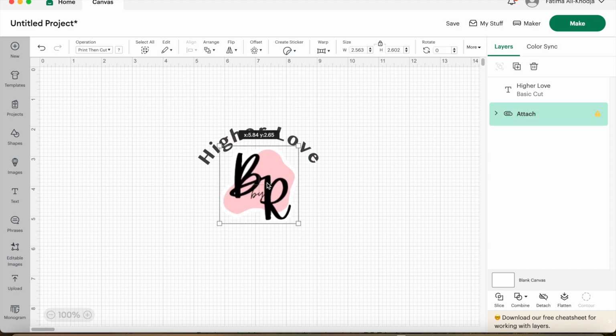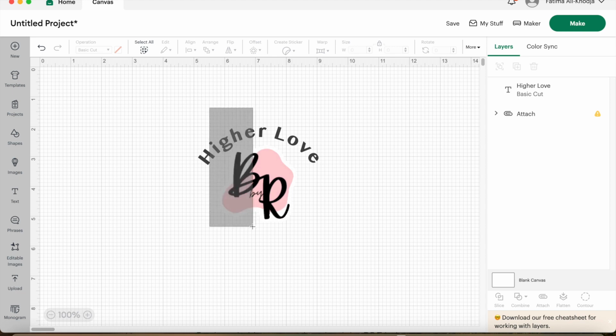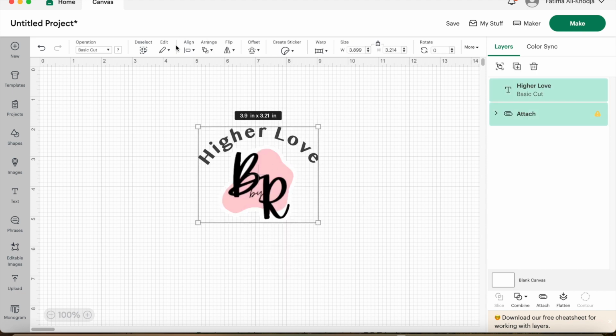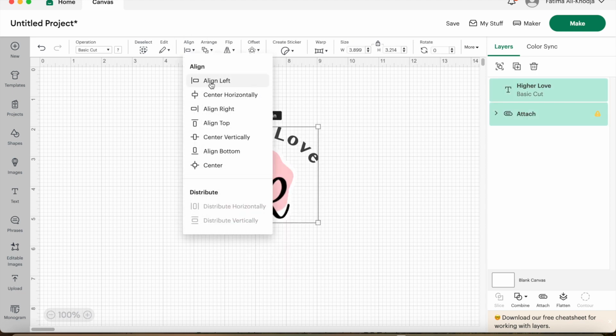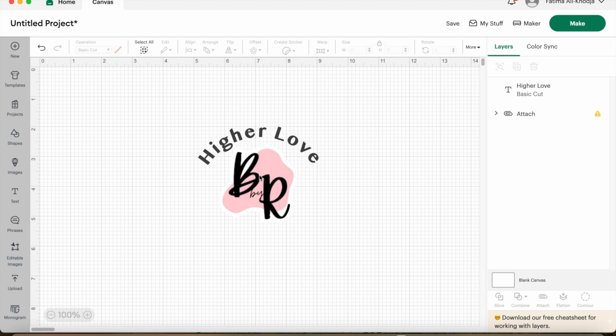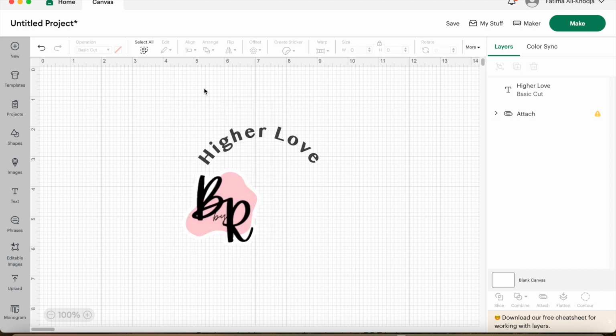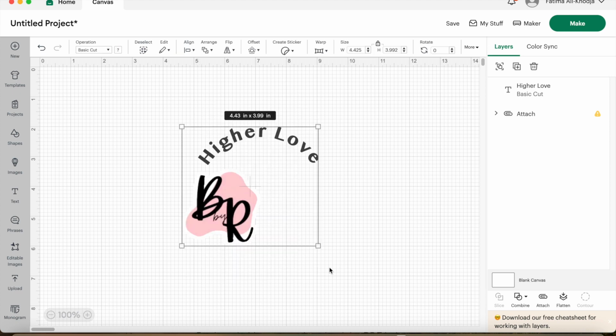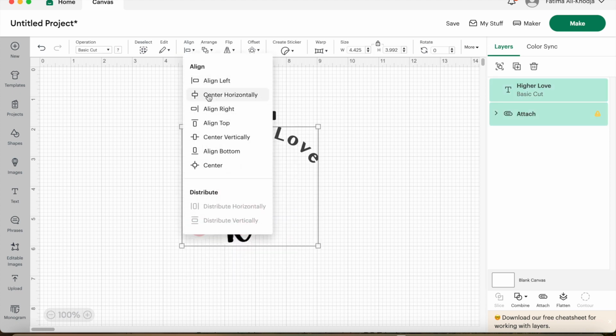I can just snap it. So I select all, go up here to align, and then you can see we're going to align it horizontally. Boom. It was a small snap, but it did center align it. I'll show you in a more dramatic way. So if I select all, center, boom,